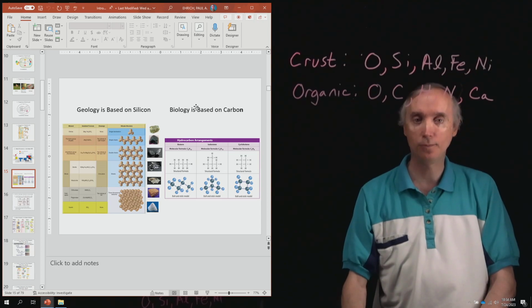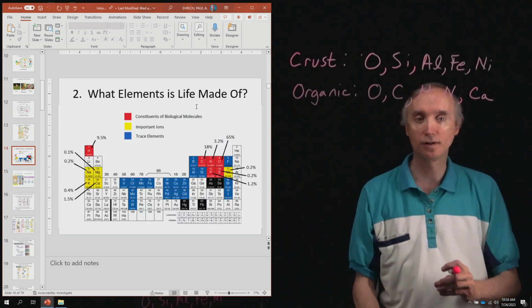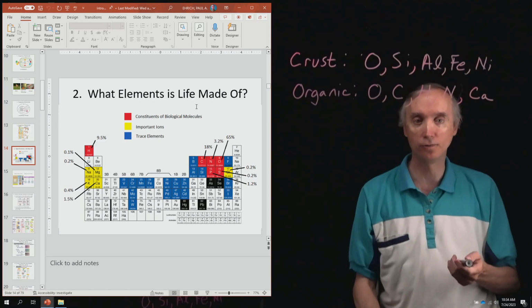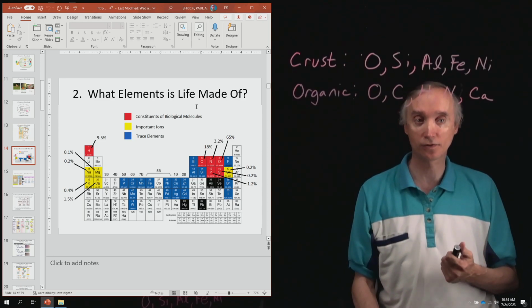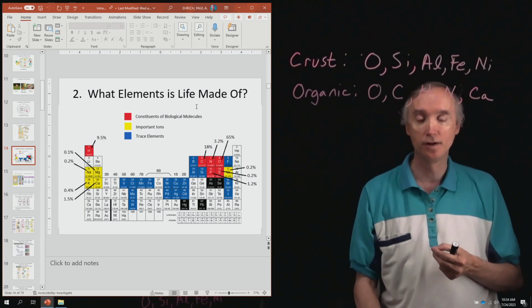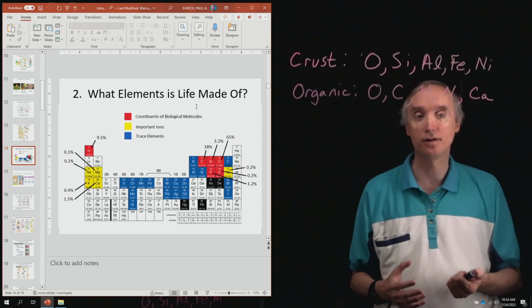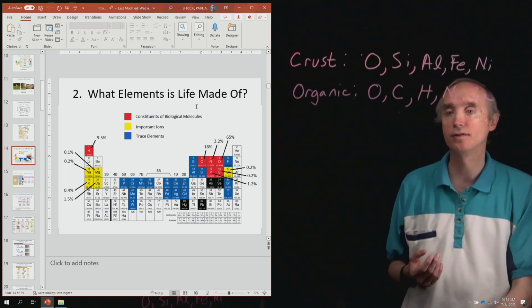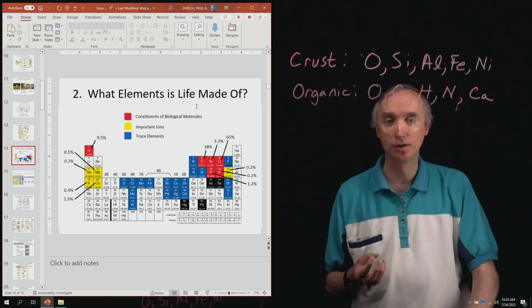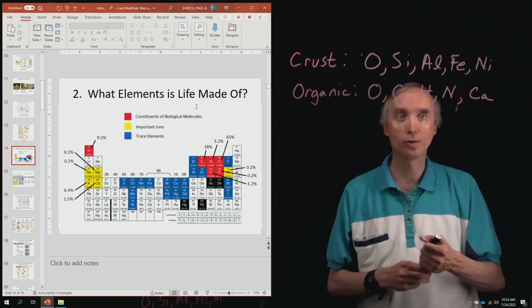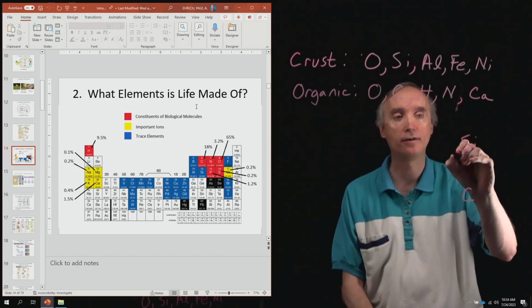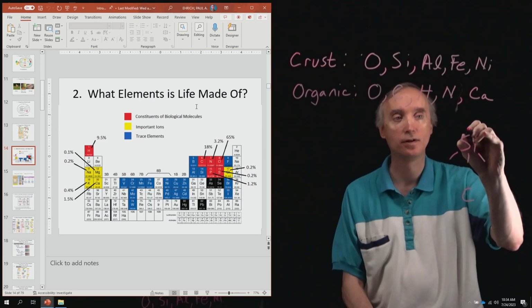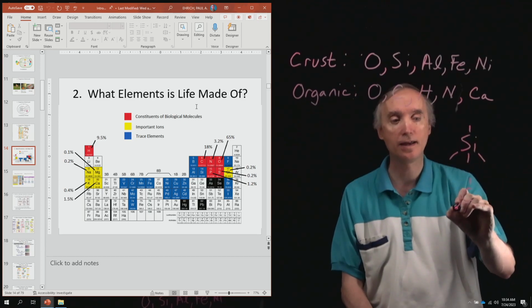So if we go back to the periodic table and we look for silicon and carbon, we notice that they are both in column 4 of the periodic table. So what does that mean? It means that they have 4 valence electrons, both carbon and silicon. 4 outer electrons. Now we said that the valence electrons are the ones that participate in chemical reactions. So whether we're talking about silicon or carbon, they're going to have 4 hooks,